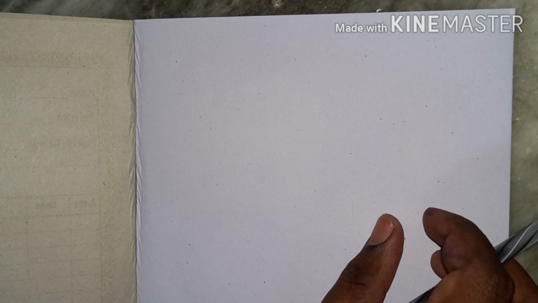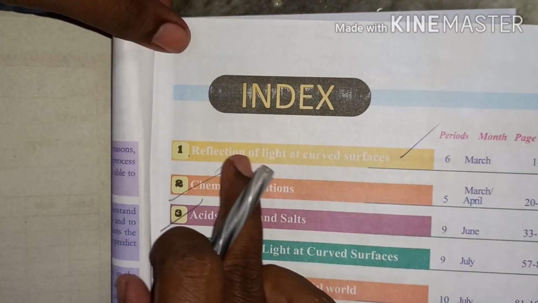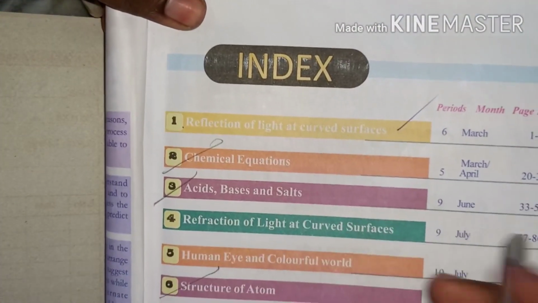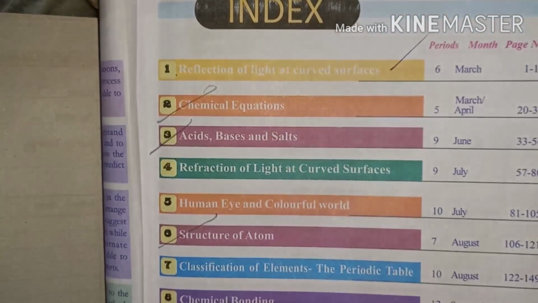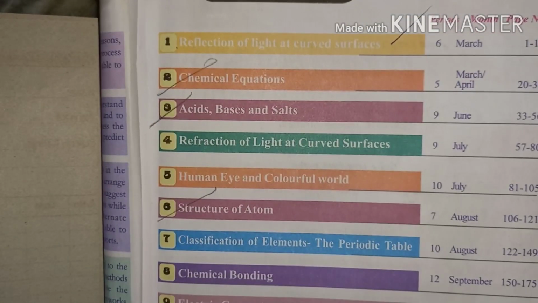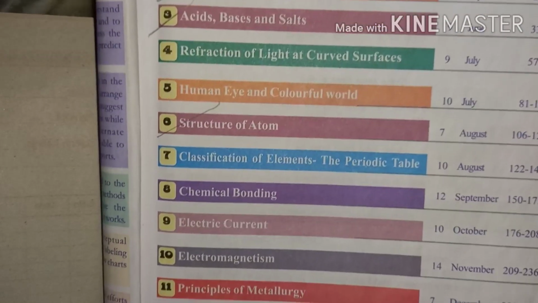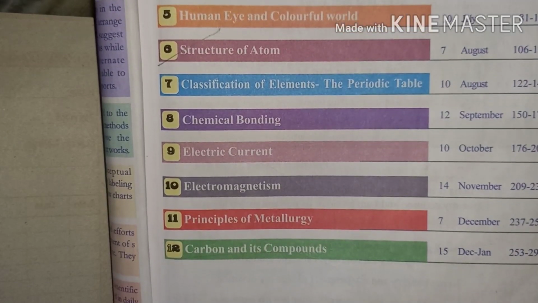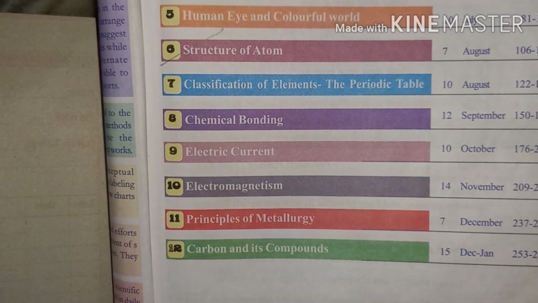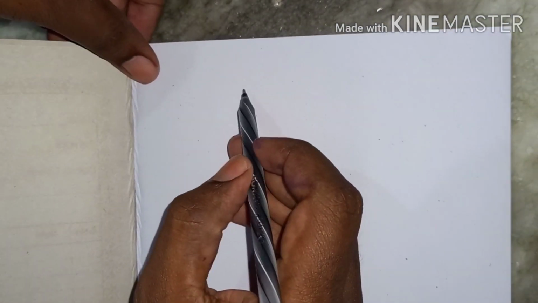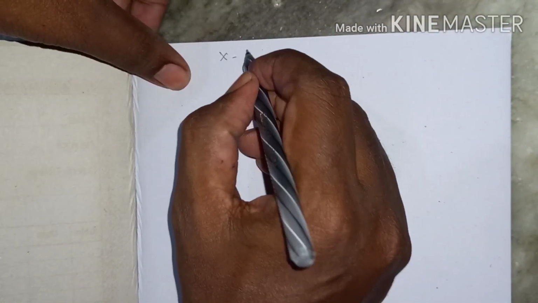So today I'm going to explain to you about 10th class physical science. In this physical science we have 12 chapters. One is reflection of light at curved surfaces, chemical equations, acids, bases and salts, refraction of light at curved surfaces, human eye and colorful world, structure of atom, classification of elements, chemical bonding, electric current, electromagnetism, principle of metallurgy, carbon compounds. So the first topic in 10th class physical science is